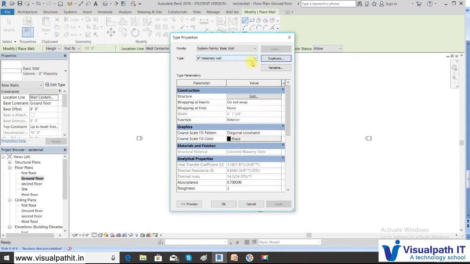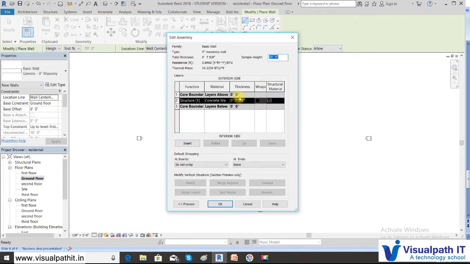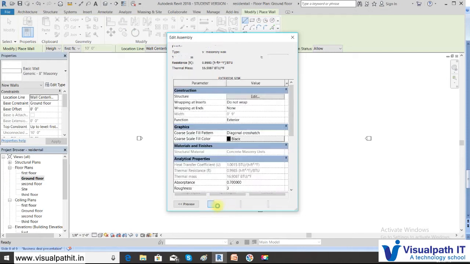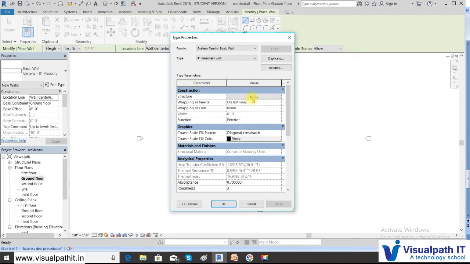Okay. Now we have defined only the name, not the thickness of the wall. We have not defined yet. So we need to define the thickness. The thickness is still 8 inches. So we need to define the thickness now. So click the structure, click the edit button. It goes to a property dialog box assembly, where here you can see that the thickness is 8 inches now. So here you will change it to 9 inches. Type 9 inches, click OK. So now you can see the width now changes to 9 inches here.